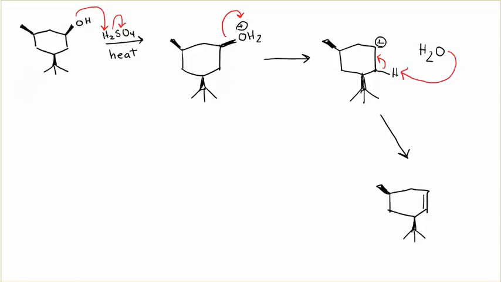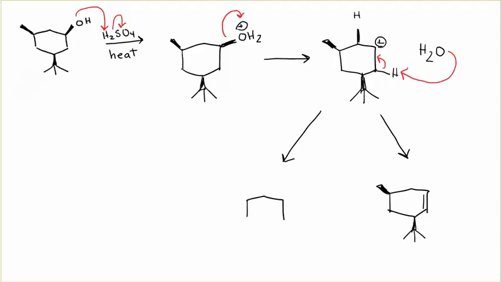We also, let me see if this will give me a different color here. Oh, that's way too light. We can't see that. Okay, I'm just going to have to do that in black then. This beta hydrogen here can also be equally likely removed. So there's no real difference between removing this one or removing this one. So if we remove this beta hydrogen, we're going to form the double bond here. So removal of that beta hydrogen